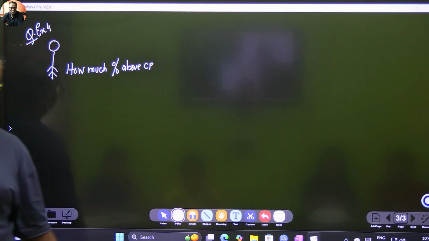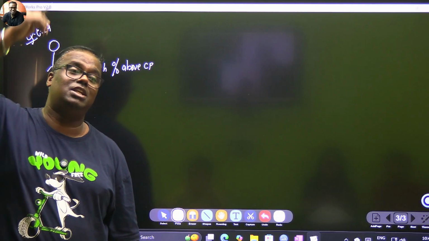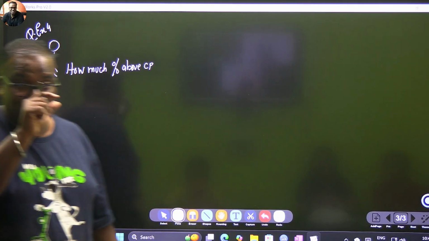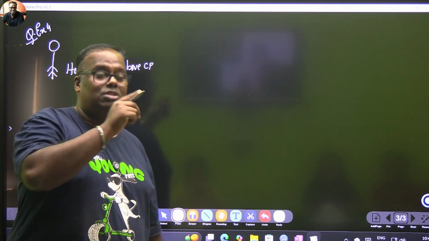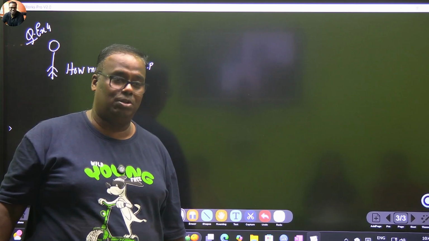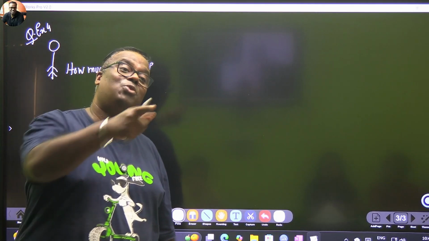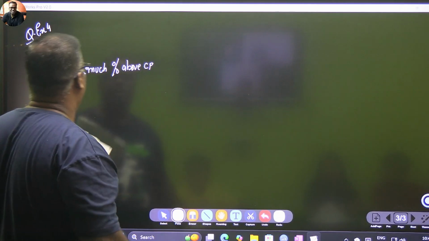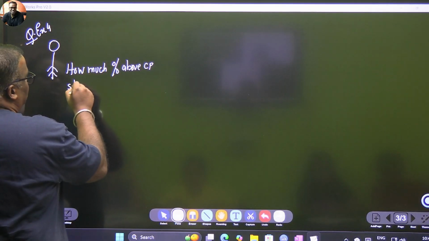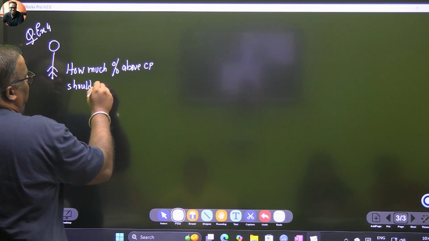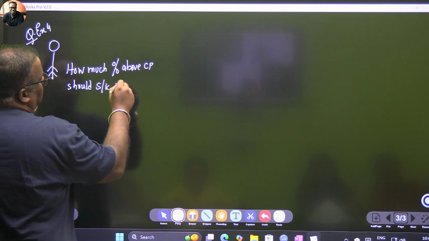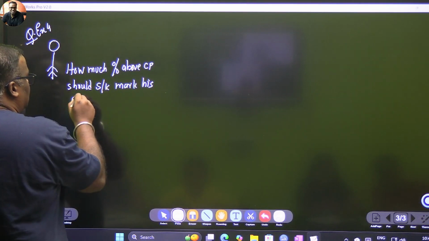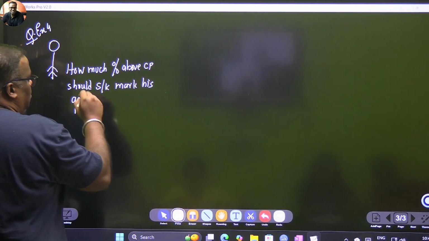In the previous problem, he had kept 40% above cost price. Now it is asking the same thing. The mischief you do by putting a sticker, how much? Last time you did a mischief of how much? 40%. This time they're asking you what should be your mischief. How much percent above cost price should the shopkeeper mark his goods